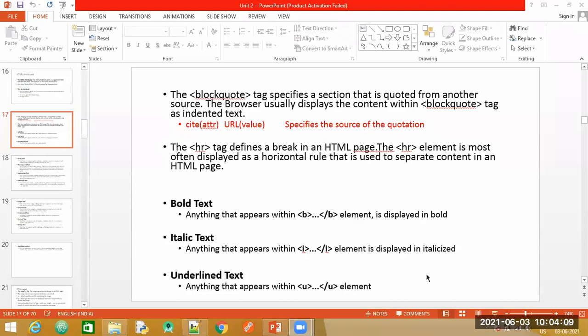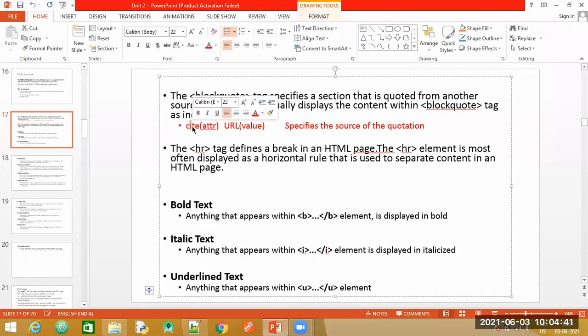The first tag for today that we will have a look at is the blockquote tag. This tag is usually used with its attribute, or optionally you can also skip its attribute. What is the use of this tag is whenever you want to display certain text which is from another website or another source, you have copy pasted it and you want to mention the URL, you can mention its URL value in the cite attribute. The attribute for this blockquote tag is called cite, and the value that it takes is the URL.